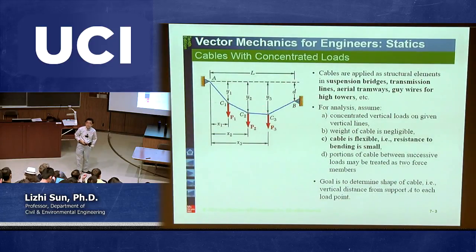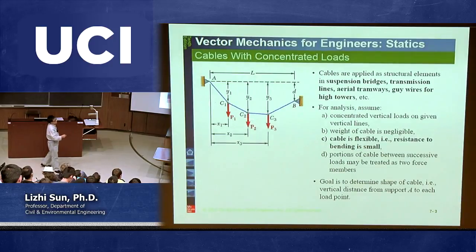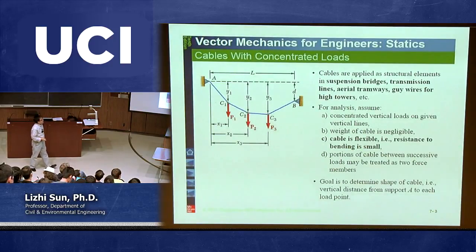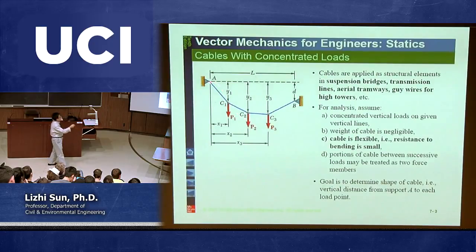This cannot be rollers, by the way, because a roller would not give you the restriction in both directions. That's why both are pins. In addition, there's some kind of concentrated load acting in between. So now, how are we going to calculate the reactions, and how are we going to calculate the cable force? Talking about the cable force, you're going to make some cut. But before that, which needs to be calculated by cutting somewhere, we first need